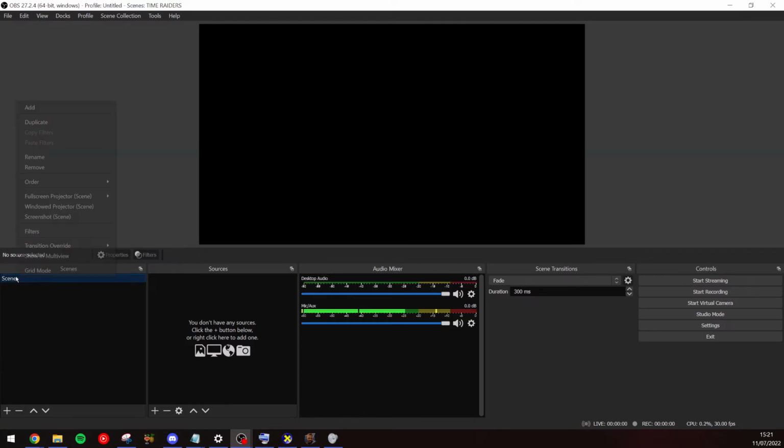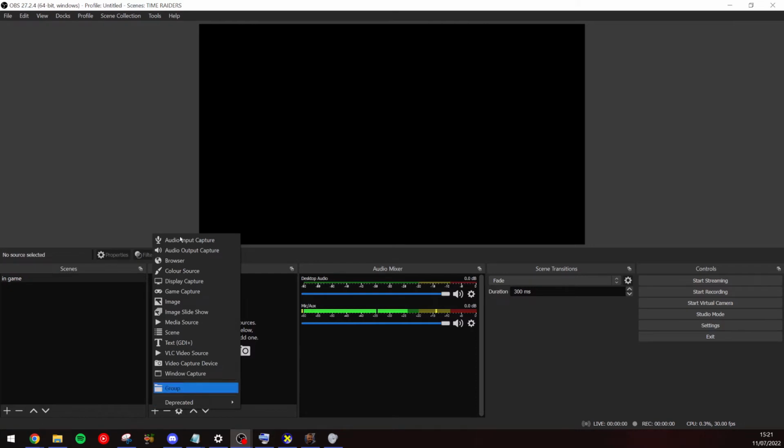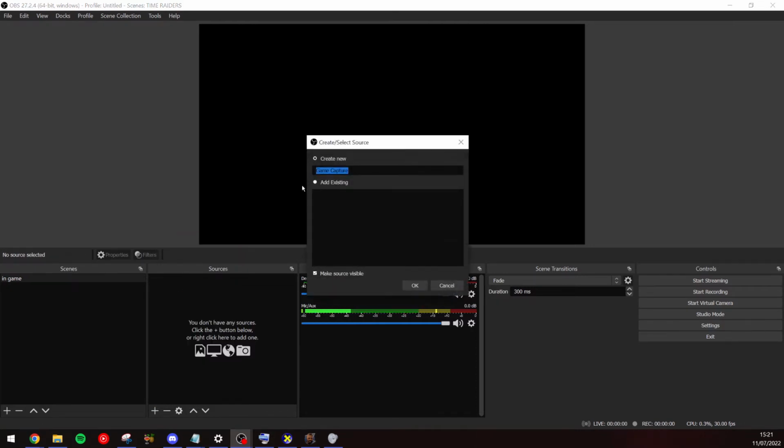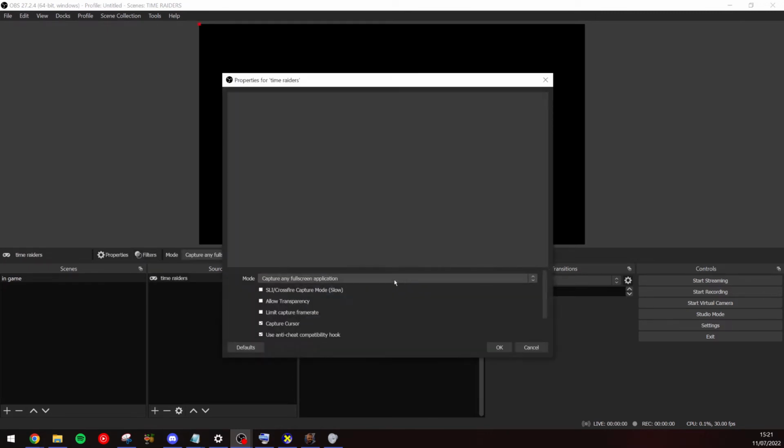So we'll have our first scene. This will be when you're in-game. So I'll change this to in-game. So within that scene, we want a game capture source. And you can name it like Time Raiders. So this will be the actual game window screen. So it'll give you this